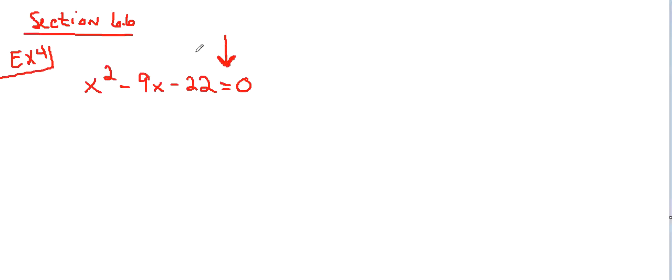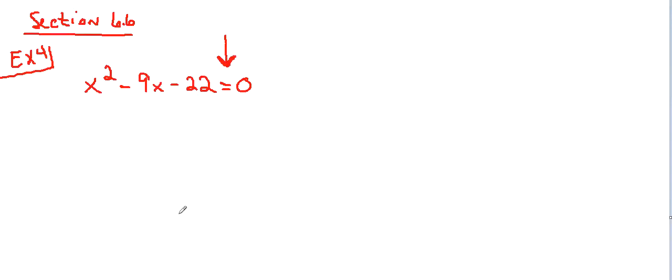So when we get a quadratic equation where the equal sign is involved, what we have to do is get the equation equal to 0. Which means if there's anything on the right side, we have to add or subtract it away, so it all pushes over to the left side, and then I have 0 on the right. However, this problem is already 0 on the right, so I don't have to do anything other than factor this